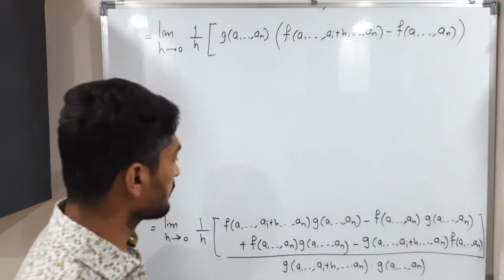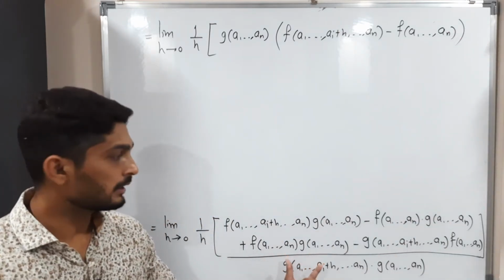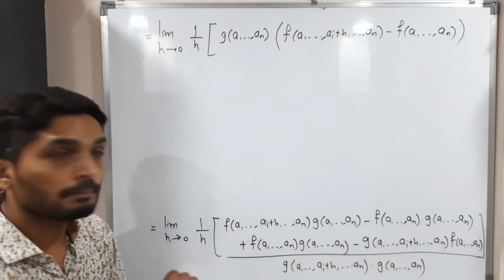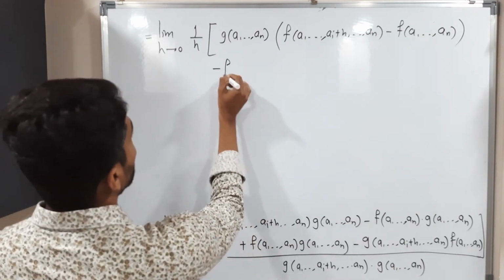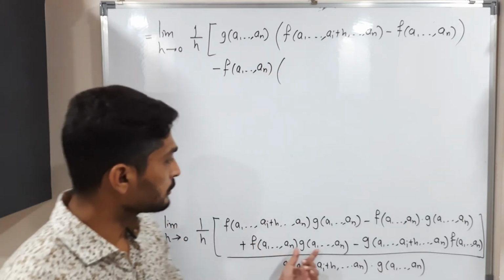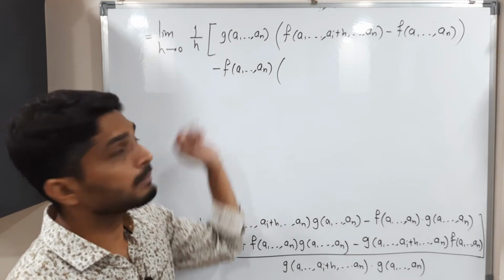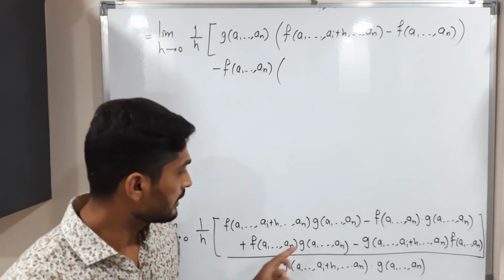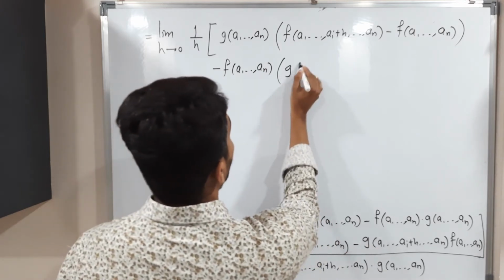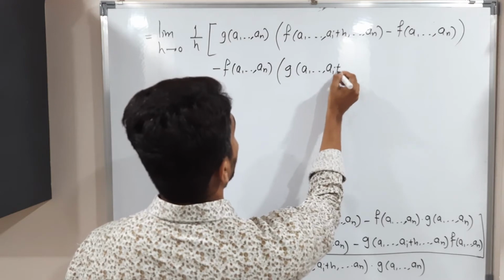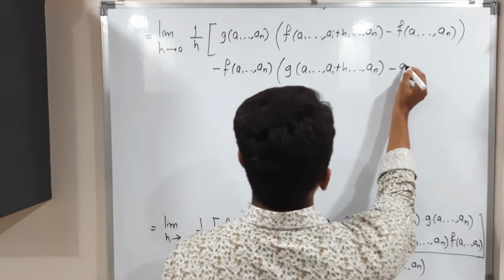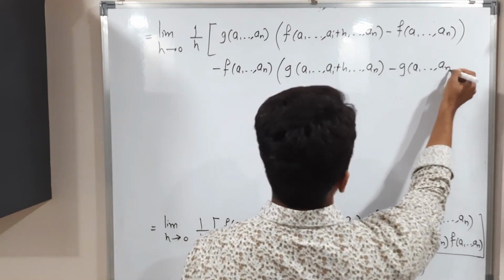Okay. After that, from the next two terms, what can we take common? I can take common f of a1, a2 and so on n. But see, I will take the minus sign also common. I am taking minus sign f of a1, a2 and so on n. Okay. In bracket, I should write this one minus this one. But see, we have taken the minus sign common, so the sign will get changed. This will have minus sign, this will have plus sign. So that's why I am writing this one first: g of a1 and so on ai plus h and so on n minus, it has a minus sign now, g of a1 and so on n.